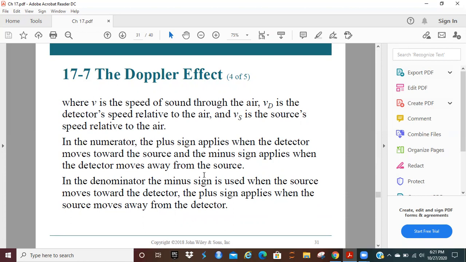In the denominator, the minus sign is used when the source moves towards the detector. The plus sign applies when the source moves away from the detector. The denominator basically works in the opposite direction,